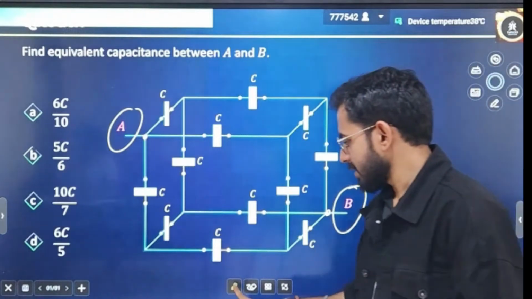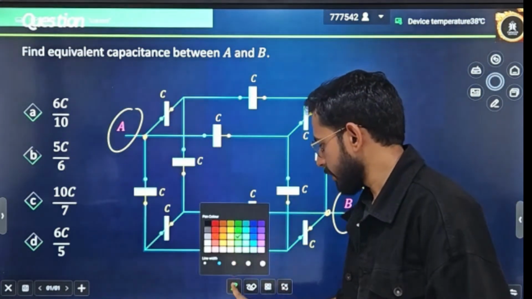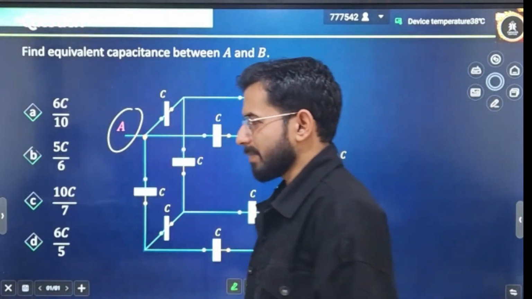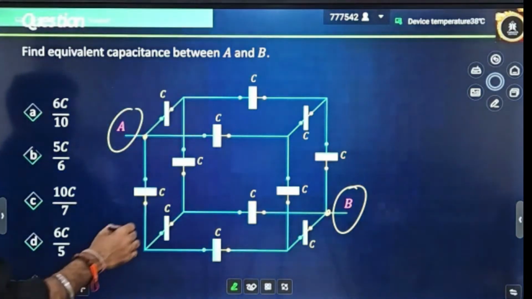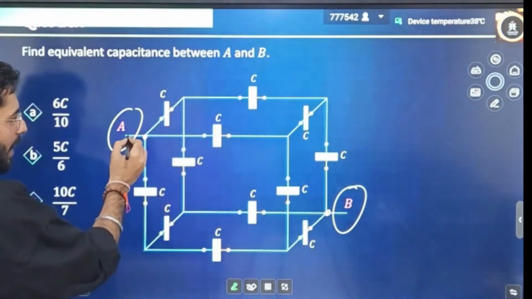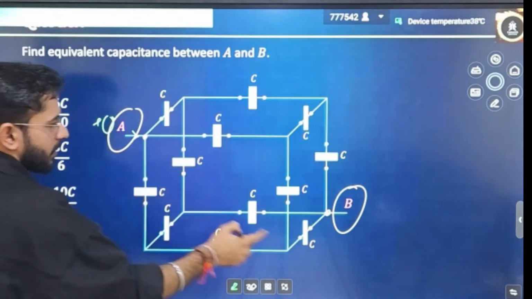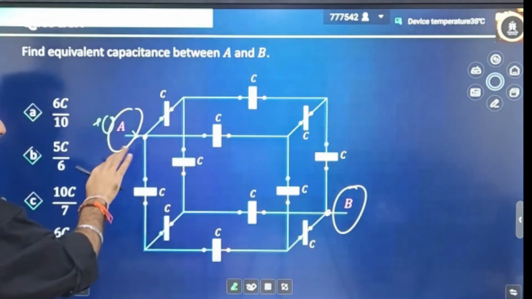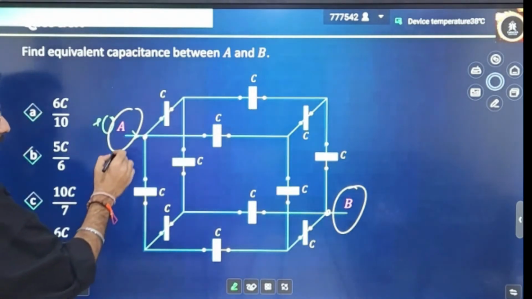Solving this question, there is a fixed method that you should follow, and you will get the answers. Please listen carefully. Assume some charges flowing through it and draw the charge distribution. Because all these are equivalent and symmetric, let's suppose this is at higher potential, plus, and this is at some lower potential, and going from higher to lower potential you take the negative sign. Let's assume some 6